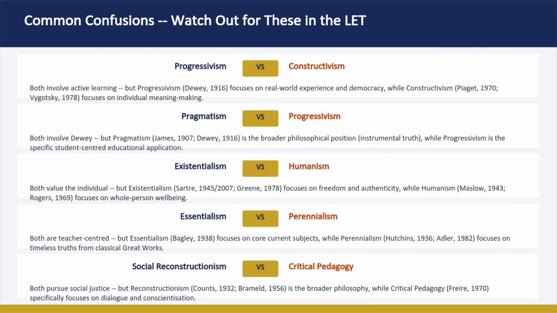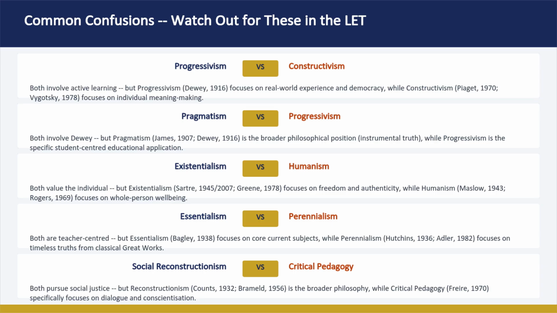Now let's look at some pairs that often get mixed up. These are the ones the LET loves to test because they sound similar but mean different things. First, progressivism and constructivism both involve active learners, but progressivism is more about real-world hands-on activities, while constructivism is about how each learner builds knowledge inside their own head. Next, pragmatism and progressivism. Pragmatism is the bigger idea about truth being what works, while progressivism is the classroom version